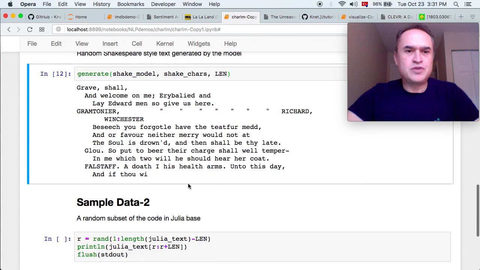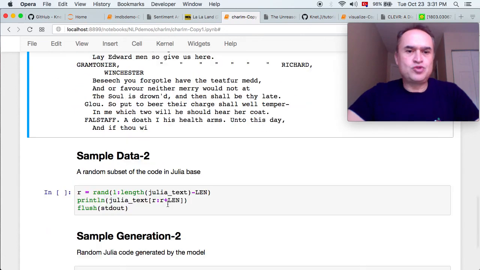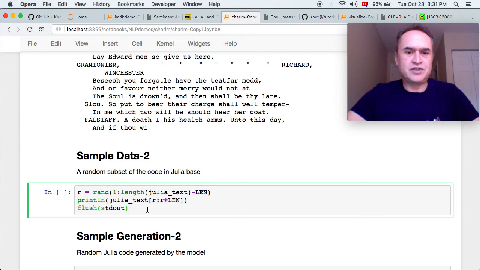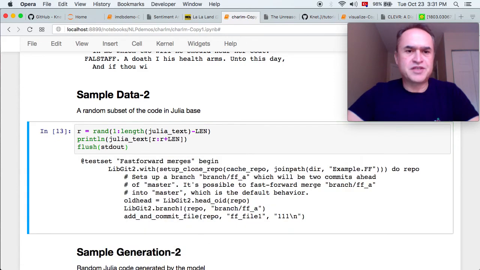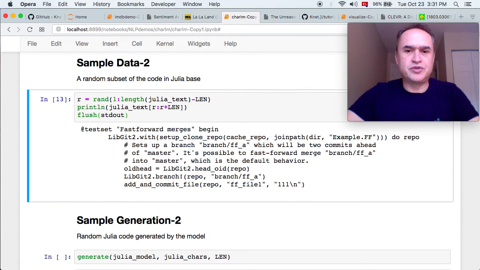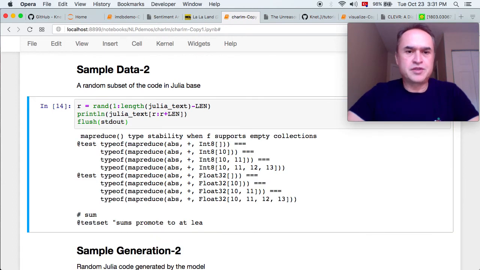Now we can take almost exactly the same model and use it to generate something very, very different. This time I'm going to feed some Julia code into this model. So here's some examples from the Julia standard library. This is the real Julia code written by programmers. As you can see, there's